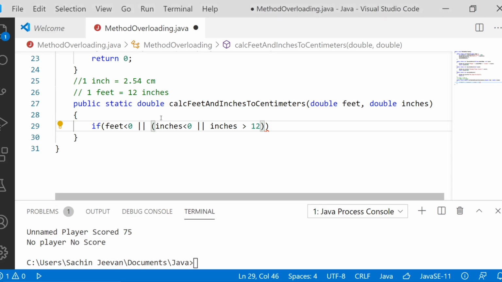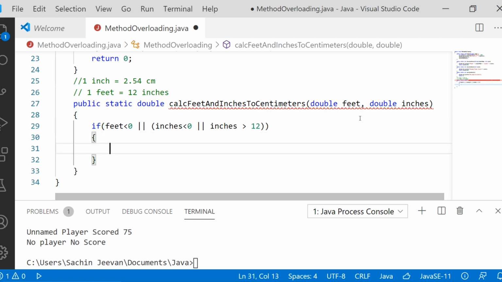If any one of these three conditions is true, then definitely the validation fails, it is not valid arguments.